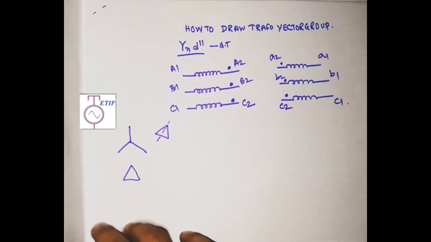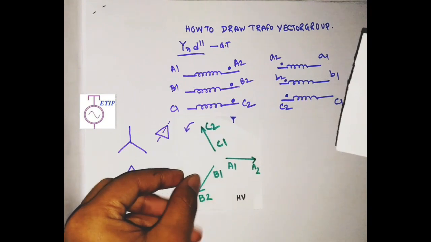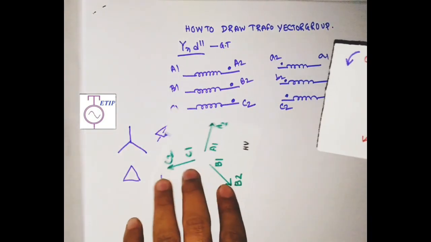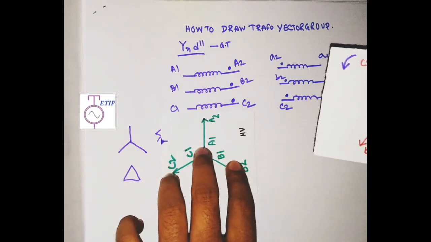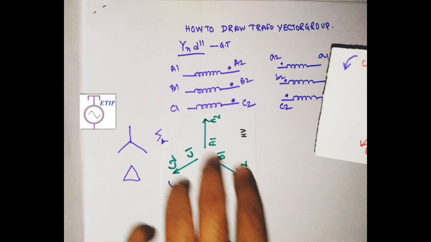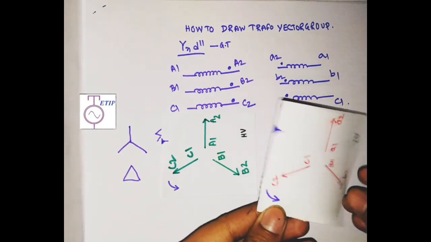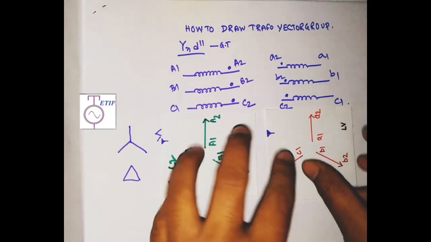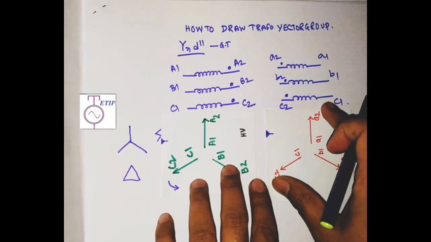So now let us see with these two blocks. This is my star winding. Suppose I will check it when these two phasors are at this position. My high voltage winding vectors are at this position, so my low voltage vectors will also be at this position, because these two are rotating simultaneously, opposing each other, creating the same MMF.